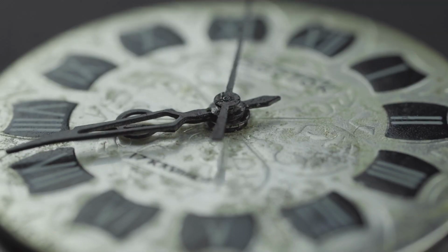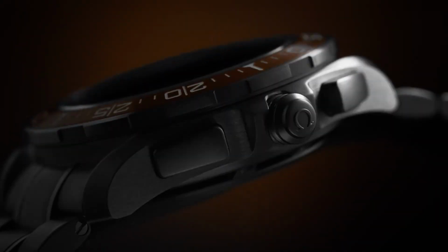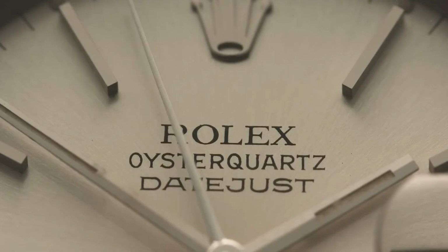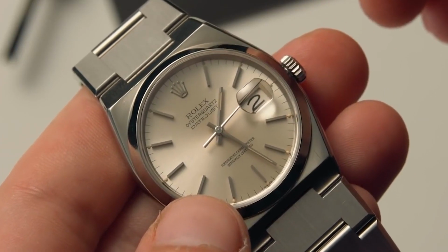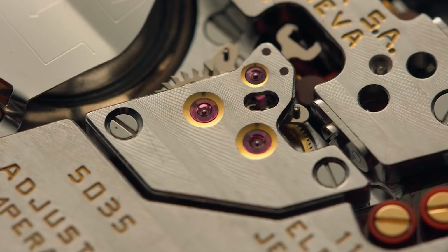There are two main types of movements in luxury watches: quartz and mechanical. Quartz movements are battery-powered and use a crystal oscillator to keep time. Mechanical movements, on the other hand, are powered by a spring and rely on a series of gears and other components to keep time. When examining the movement of a luxury watch, look for signs of quality craftsmanship and attention